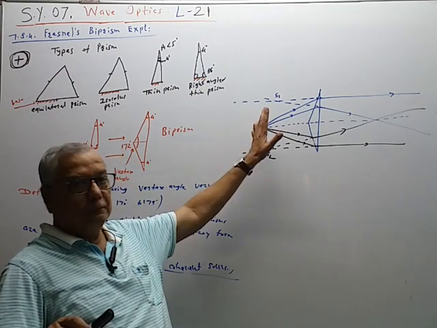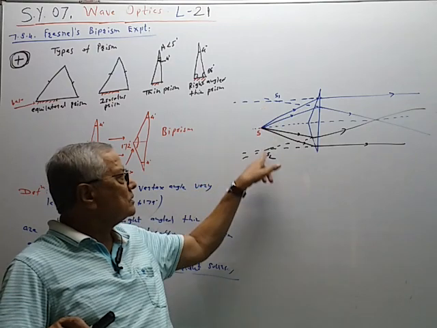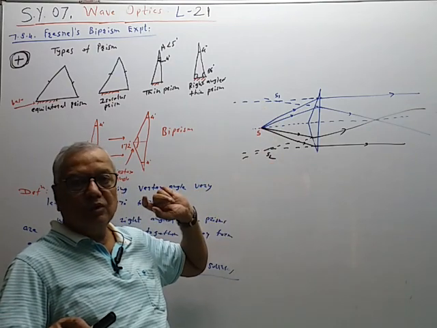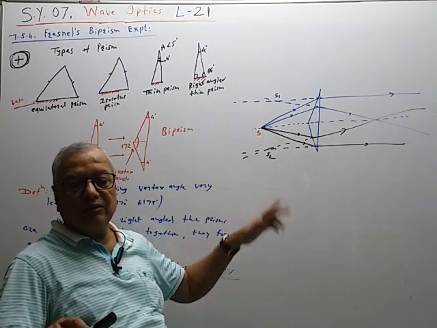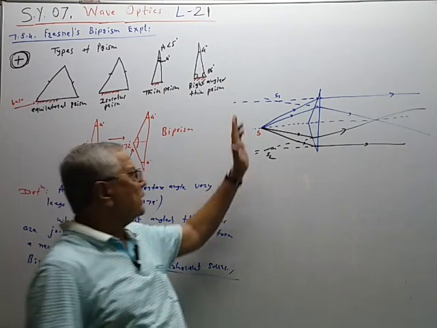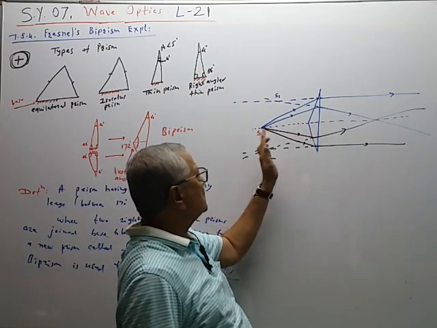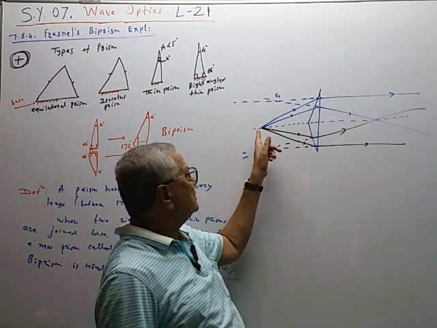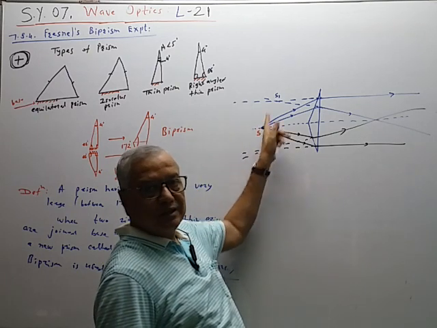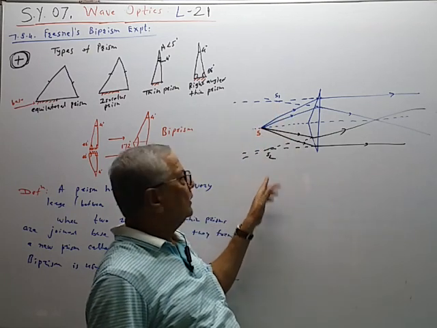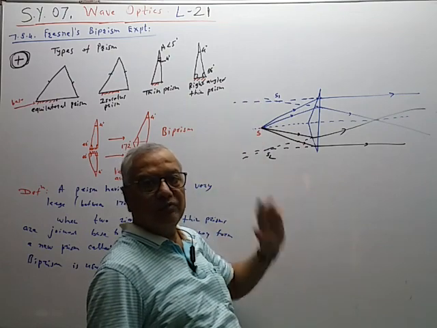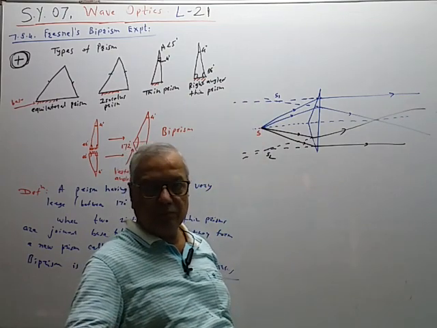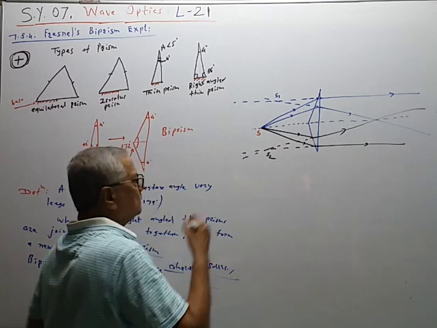Now in this figure, SS1 distance is not equal to SS2, but these two distances can be made equal. Also, the plane of S, the plane of S1 and the plane of S2 are different. These three sources, the original source S and virtual sources S1 and S2, can be made coplanar only when there is a certain condition. So that condition is important.